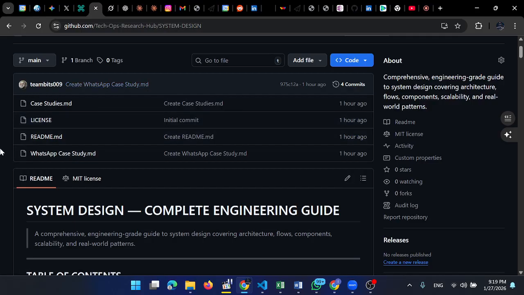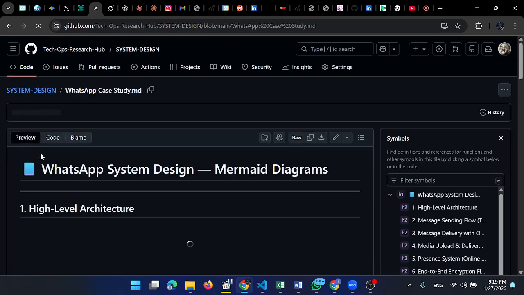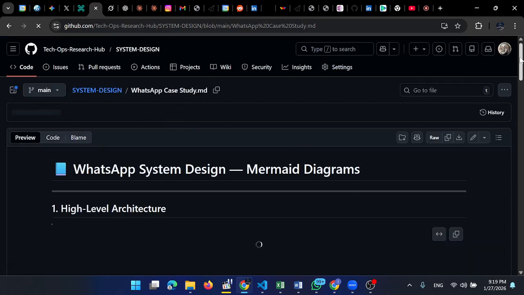There's something very interesting about system design, and most of us have been using WhatsApp for a very long time. Even right now, you guys are using WhatsApp, right? There's something about WhatsApp that I want us to learn today. I want us to learn the WhatsApp system design aspect. So here we have what we call mermaid diagrams, and these mermaid diagrams are a little bit unique